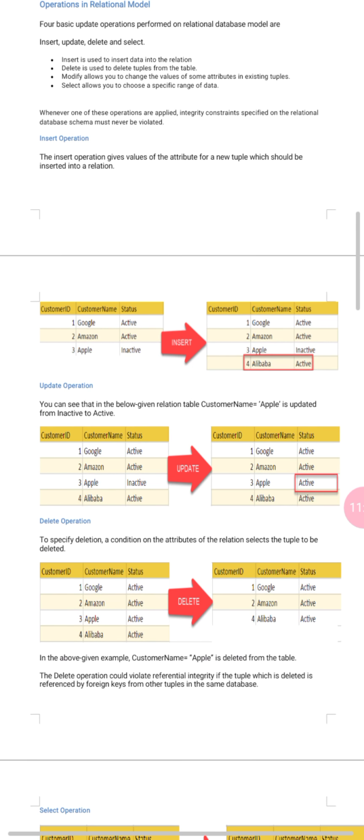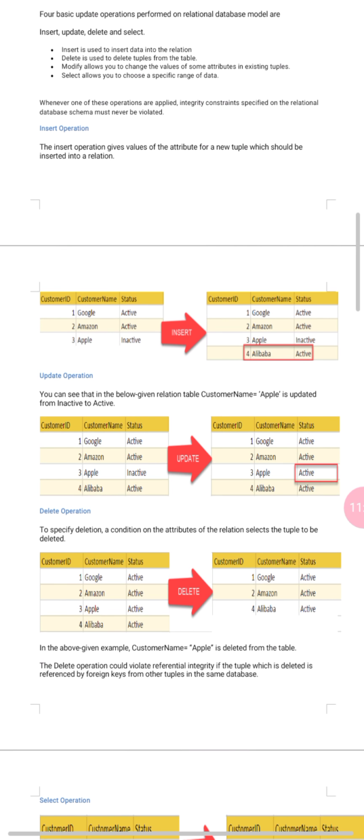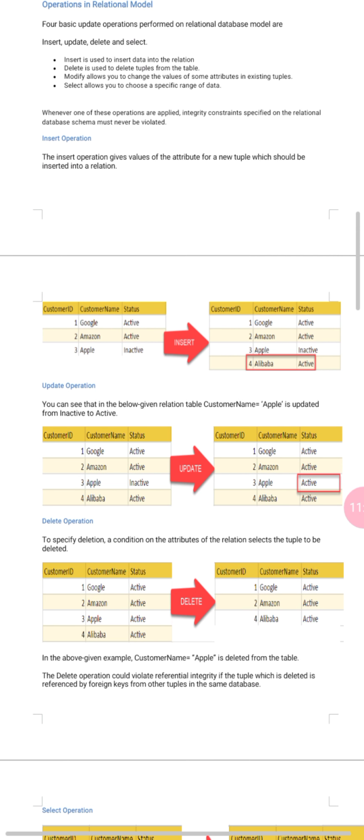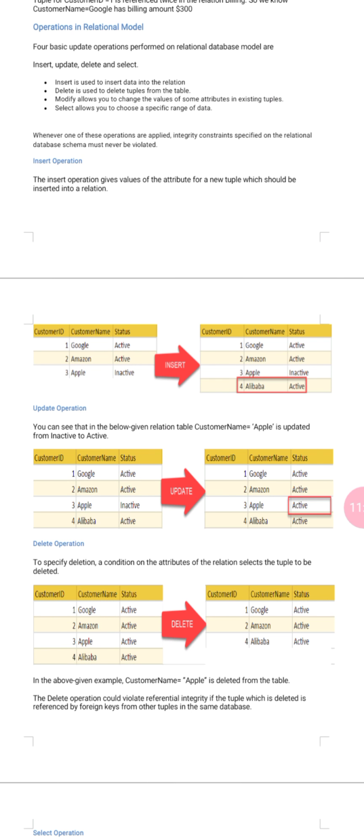Select is used to choose a specific range of data. Clear? Here update or modify is used to change the value of some attributes in an existing tuple, and select is used to allow you to choose the specific range of data. Read these four operations properly.